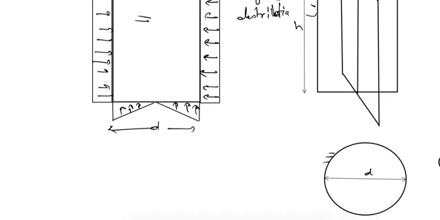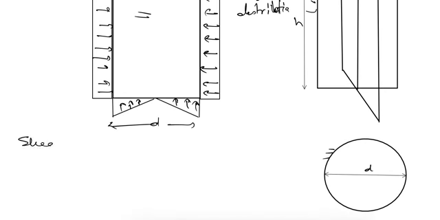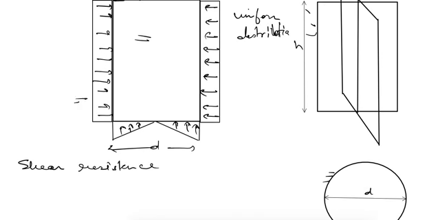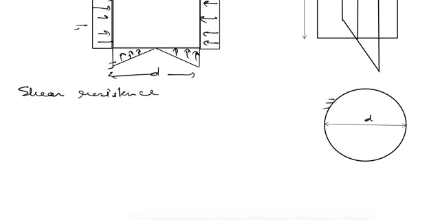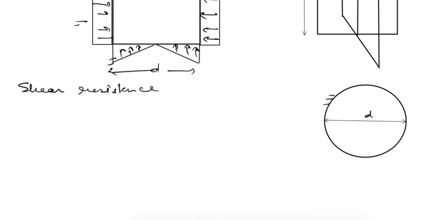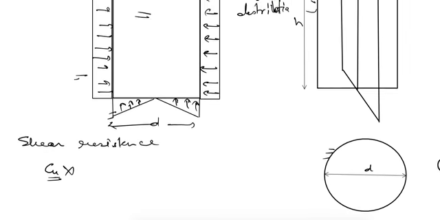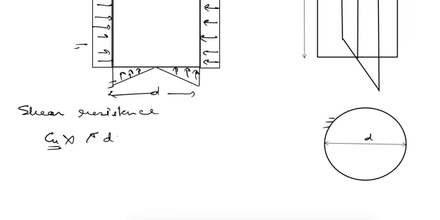So at the center there is no shear stress and it increases up to the radius. If we want to write down the shear resistance of this soil, shear resistance is there on these vertical surfaces as well as on the horizontal, that is the top and bottom, surfaces. The shear resistance can be written as area times shear strength. The shear strength is equal to Cu, times the area. For the vertical surface, the area is pi d h, the surface area of a cylinder.